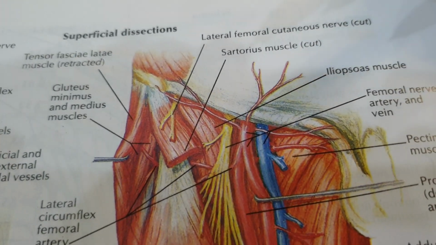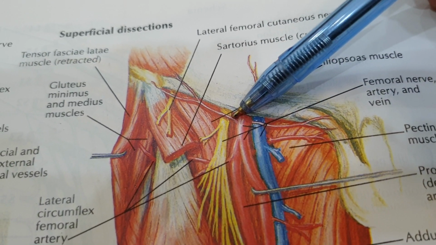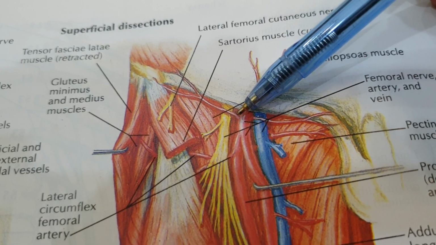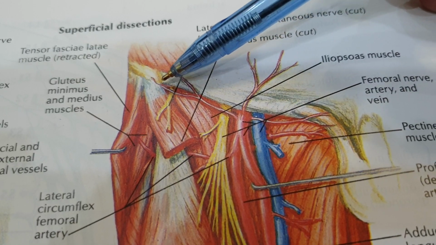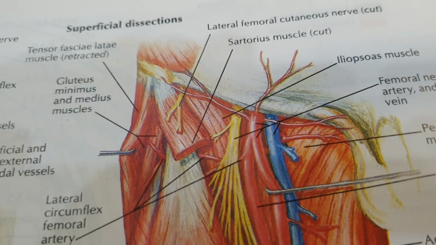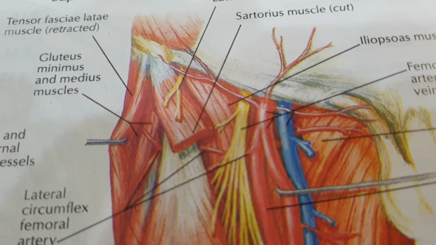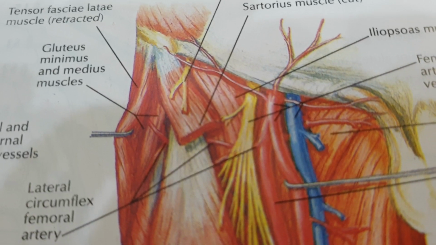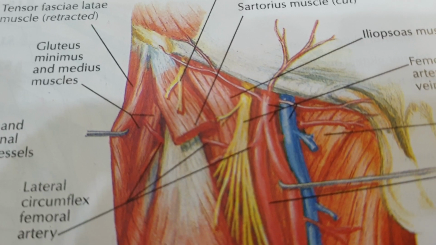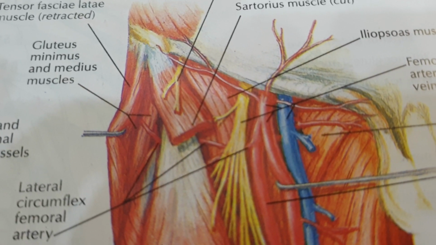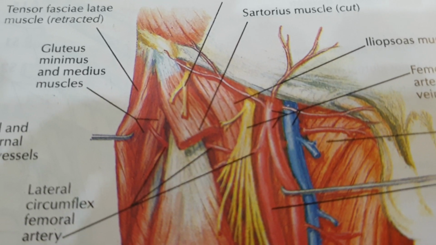The second superficial branch of the femoral artery, which arises from the lateral aspect of the femoral artery, is the superficial circumflex iliac artery. It also moves in the superficial fascia and runs laterally towards the anterior superior iliac spine. Here the artery will anastomose with the superior gluteal artery, which is a branch of the internal iliac artery, and with the lateral circumflex femoral artery, which is a branch of the profunda femoris artery, which itself is a branch of the femoral artery.